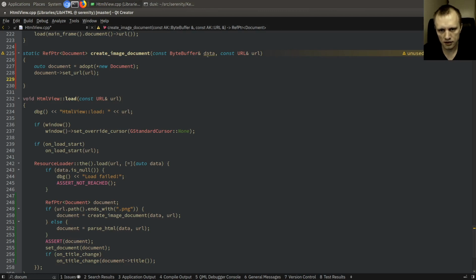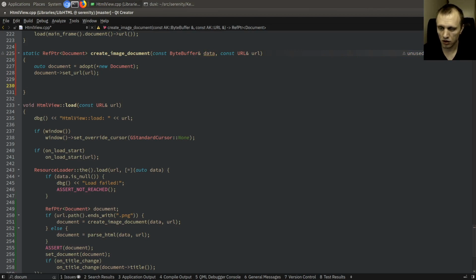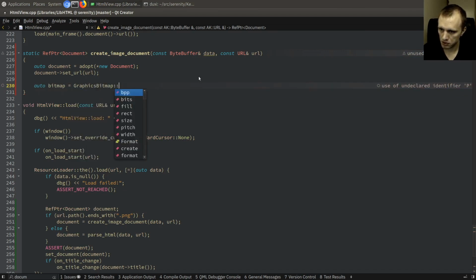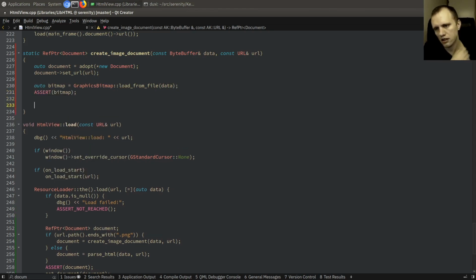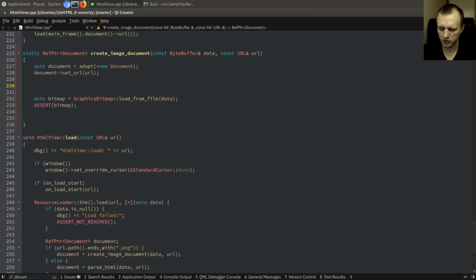And then this here is our PNG file, the raw data. So we'll say bitmap is, I guess, graphics bitmap load from file data. We'll assert that it works out, and then we want to flesh out this document a little bit. So actually we can do that first. So let's say